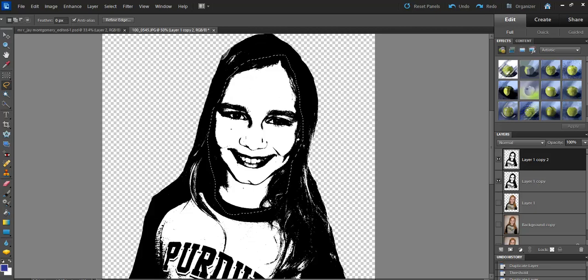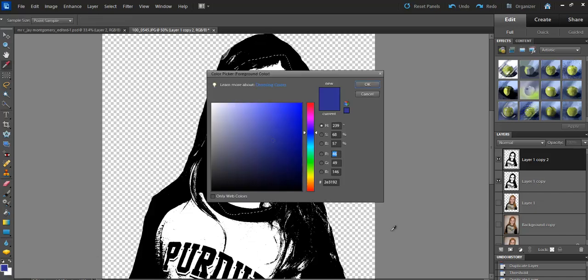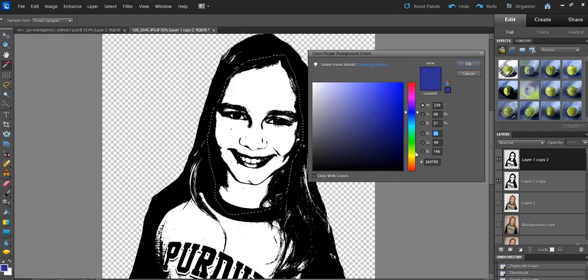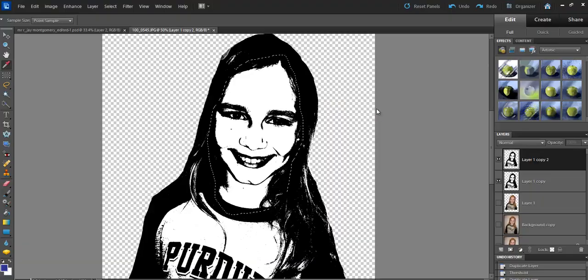Now what we're going to do is come down here to the color area. You can see mine is blue. If I arrow over it, it says Set Foreground Color. I want to click on that, and then think of a skin tone that would work well for her. So most people's skin tones are down in here. I don't know any blue or red people. So we click in the little area here first, and then